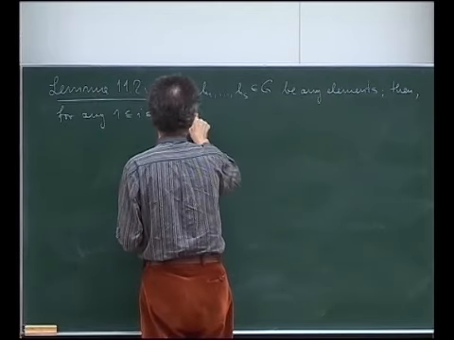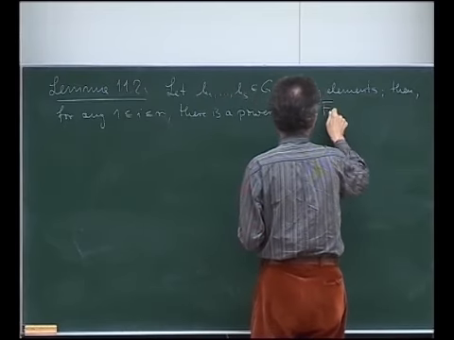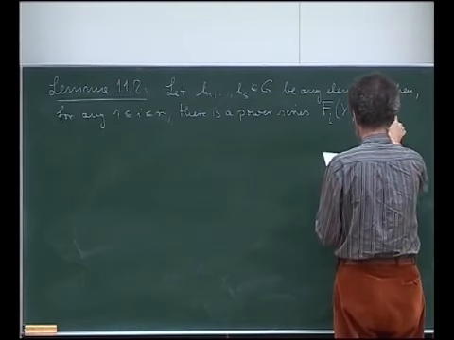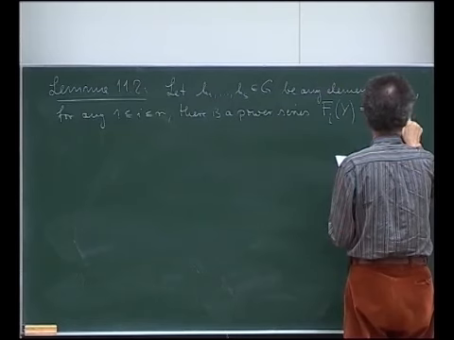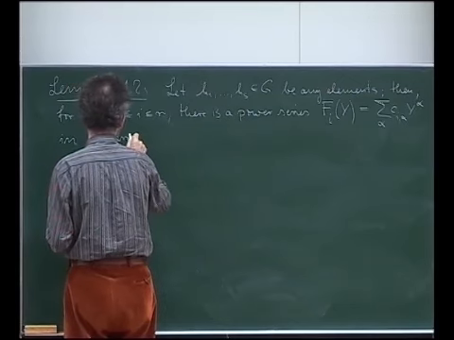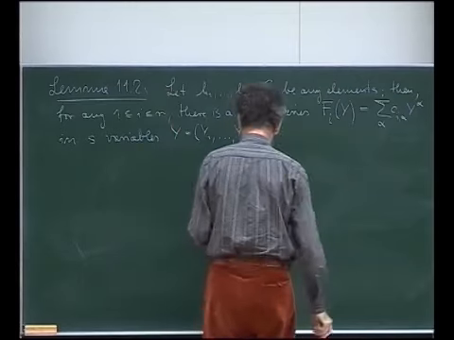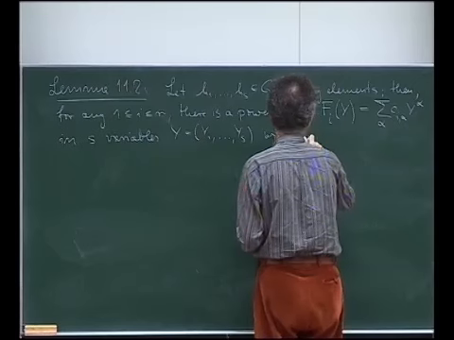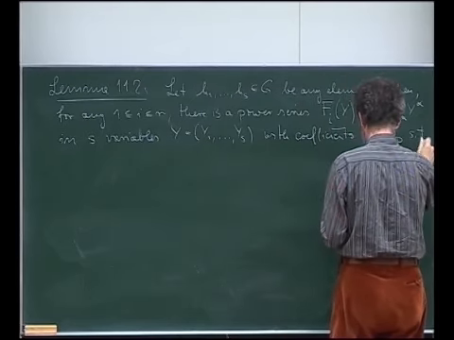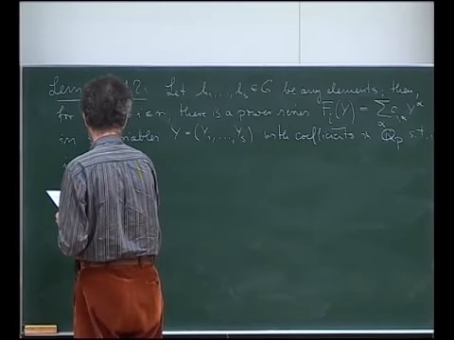Then for any i between 1 and r, there is a power series fi of y, I mean, and I need the coefficients, so it's the sum over alpha of c_{i,alpha} y to the alpha in s variables y equal to y1 up to ys with coefficients in Qp such that